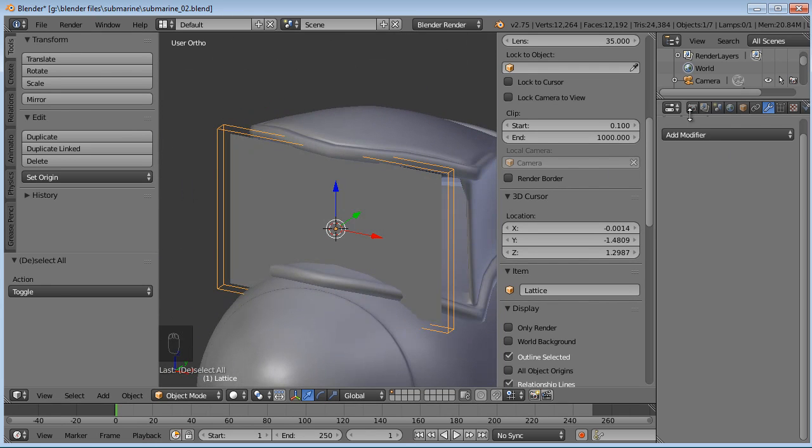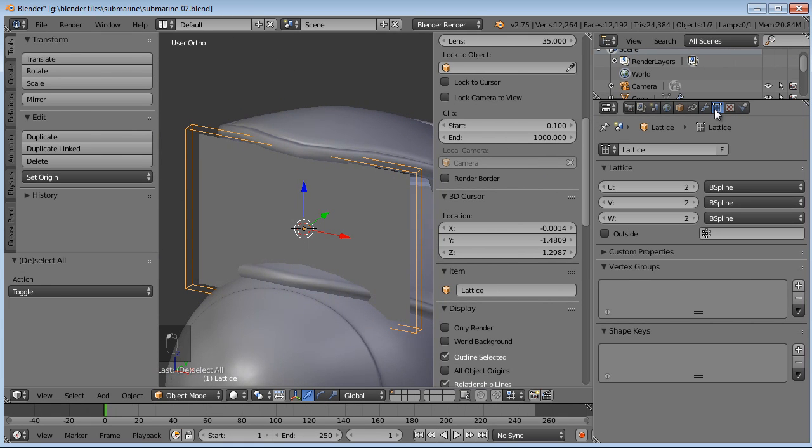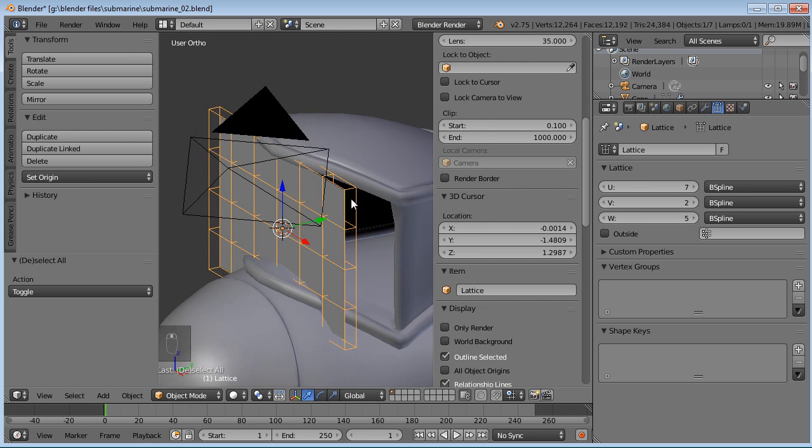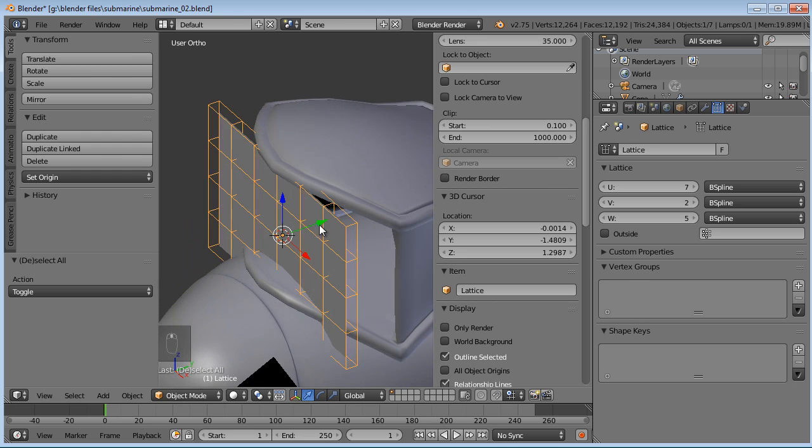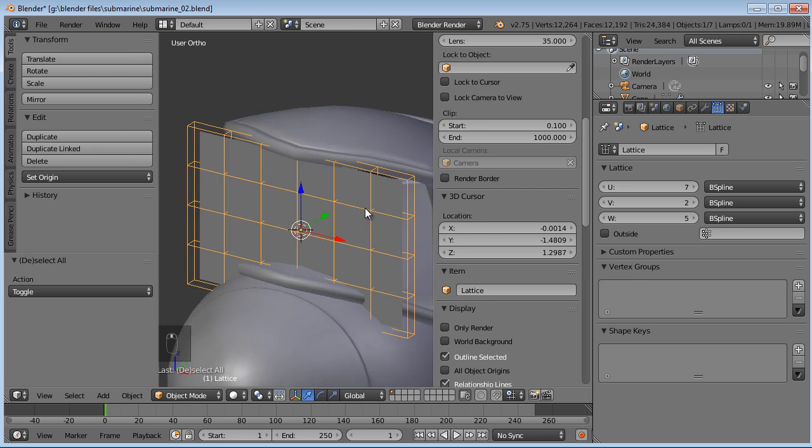Now let's go over to our lattice settings and give it a few more subdivisions. Maybe 7 there, and then a few on the W-axis. Don't really need to worry about the V because it's a flat surface. It's not going to be deforming this way at all.